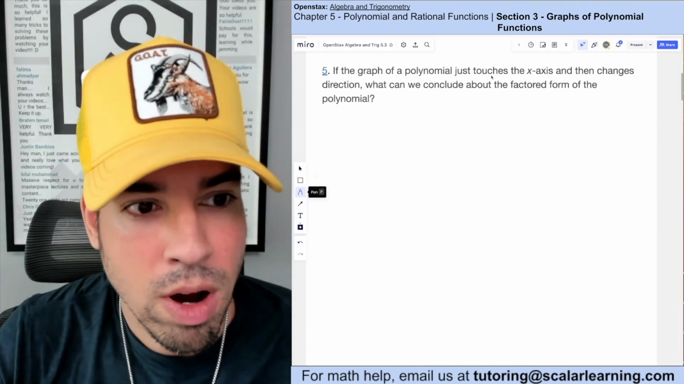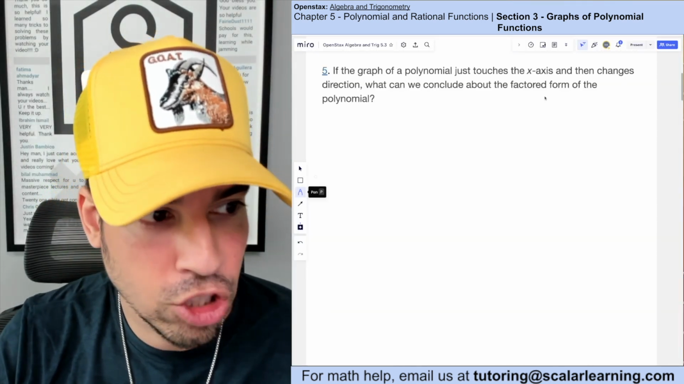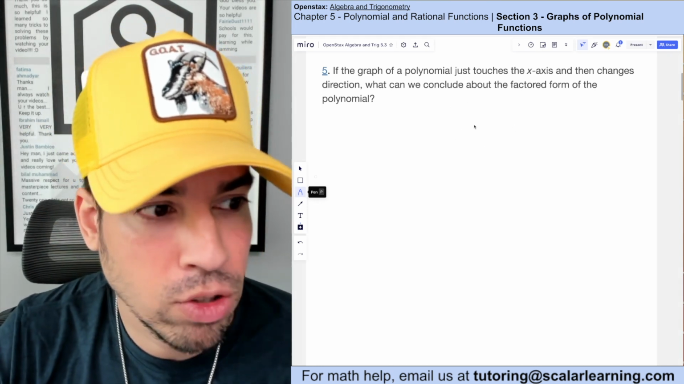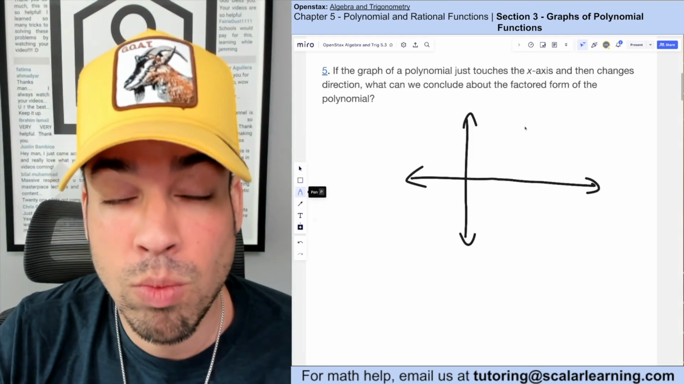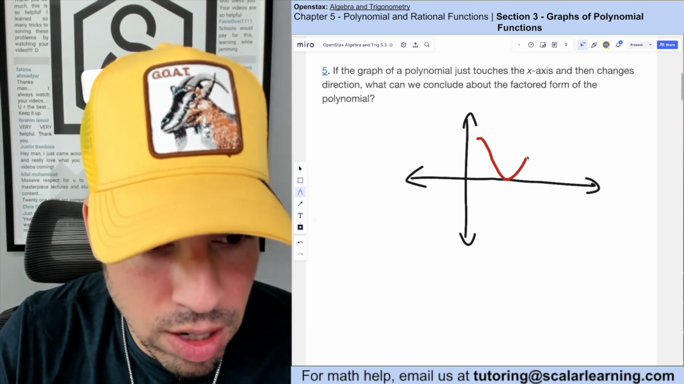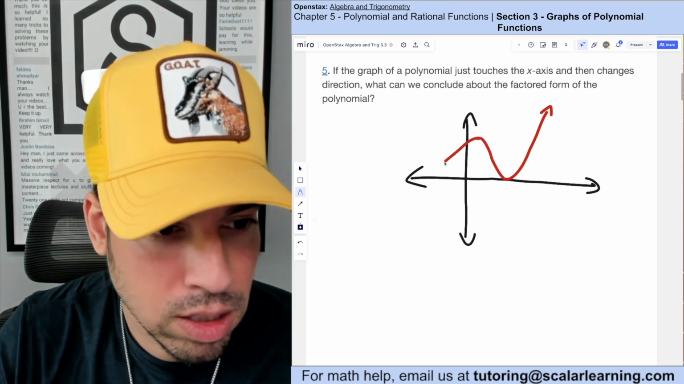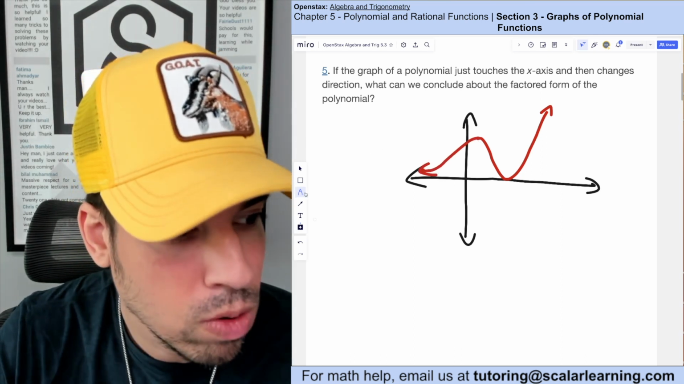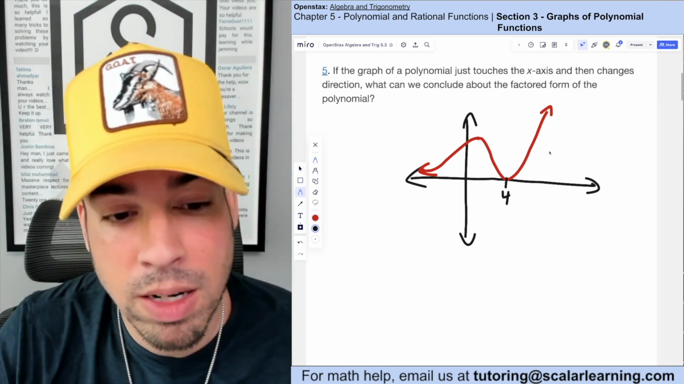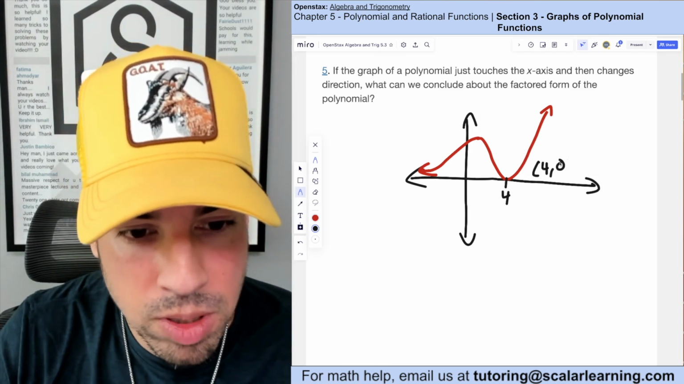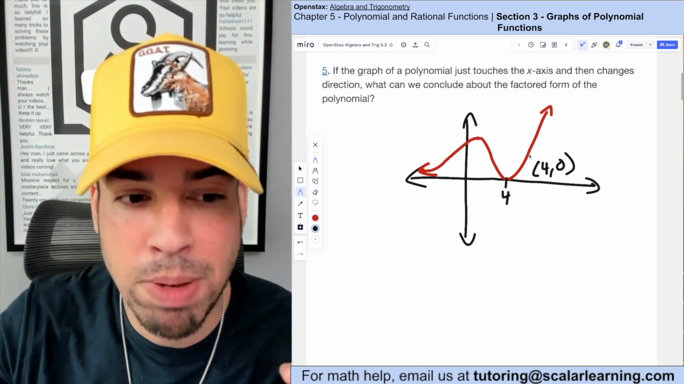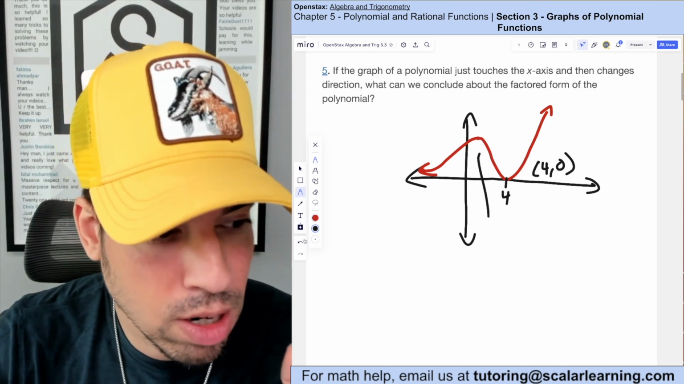Boom, done. If the graph of a polynomial just touches the x-axis and then changes direction, I call this a bounce. Some people say touch. What can we conclude about the factored form of the polynomial? So just so you can see what we're talking about, let's say we have a polynomial like this. It touches the x-axis here and then it bounces up, right? I'm just making this up. Let's say it touches the x-axis at the point 4, so that is the coordinate 4, 0. What that means when we have a bounce, not a penetrate, and penetrate would mean it's coming through and out the other end,